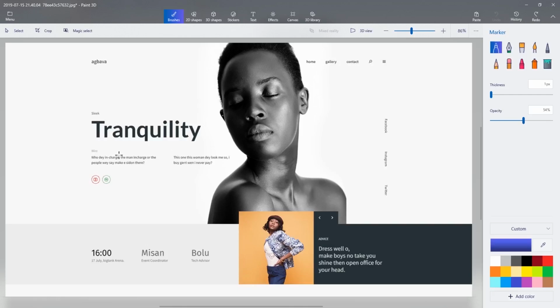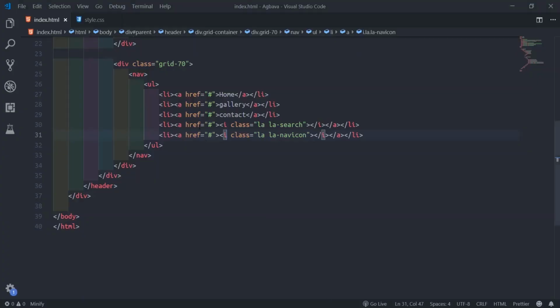So what I go do? I go make this slick where you see here now, maybe H4. Then I go make this tranquility now maybe H1. Now I also the two I go wrap them inside div title. That is this two now. They go do one div now title. Then this other one also they go do another div now content. Then this other one now the other div now column button.